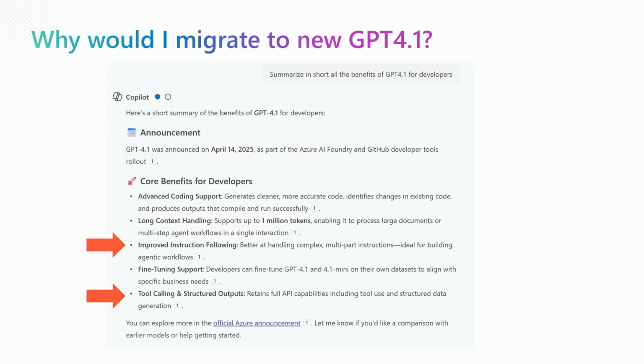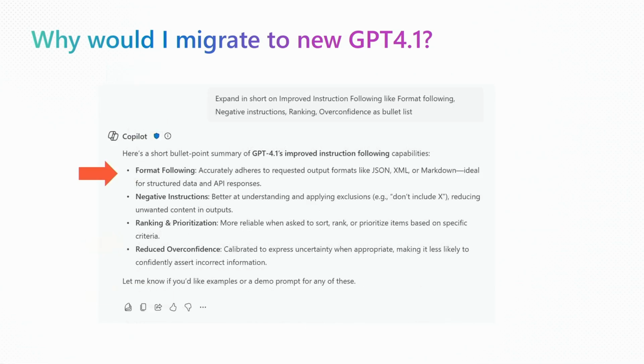Now, one of the questions you can ask is, why would you move to the latest models? Like, what's the point of moving from maybe Apple to bananas? I just asked Copilot to summarize for us, as a developer community, what is the benefit of those latest models specifically. And you can see a lot of improvements that we should care about: following instructions more precisely, latest capabilities of function calling, MCP definition support, and response APIs. So a lot of innovations come into those models.